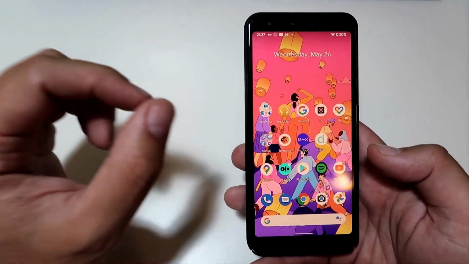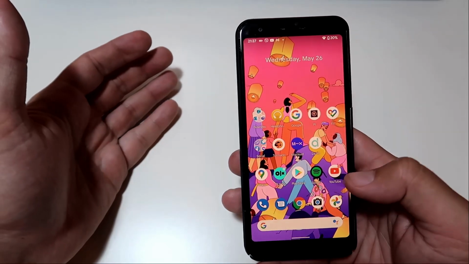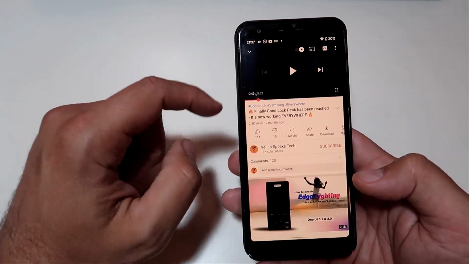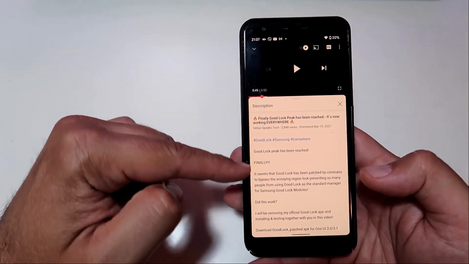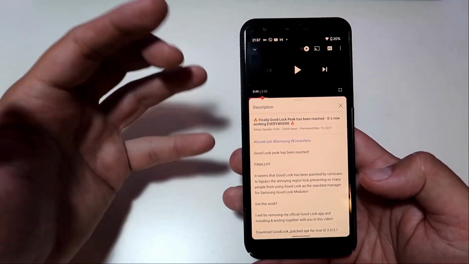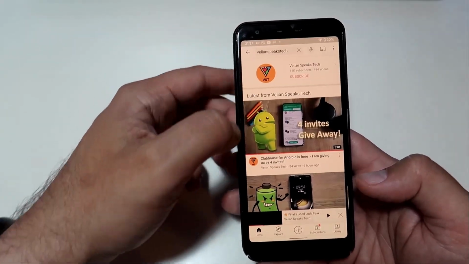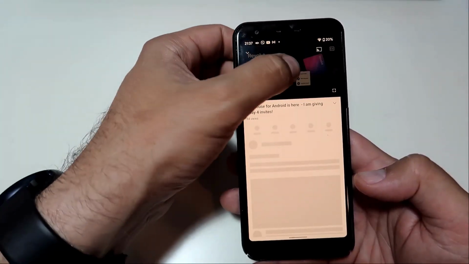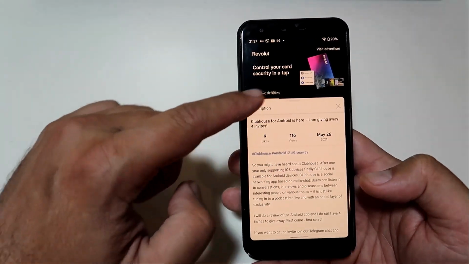Last but not least, feature number 4 is something new in YouTube. Let me just show you. When you open YouTube, guys, and when you click here on the description, you usually get something like this. And this is the old style description. Now for some reason, the new description doesn't really work on all the videos, but let me just open one of my recent videos. If I open that one, for example, that I did today, and if I click here the description, you're gonna see the new style.